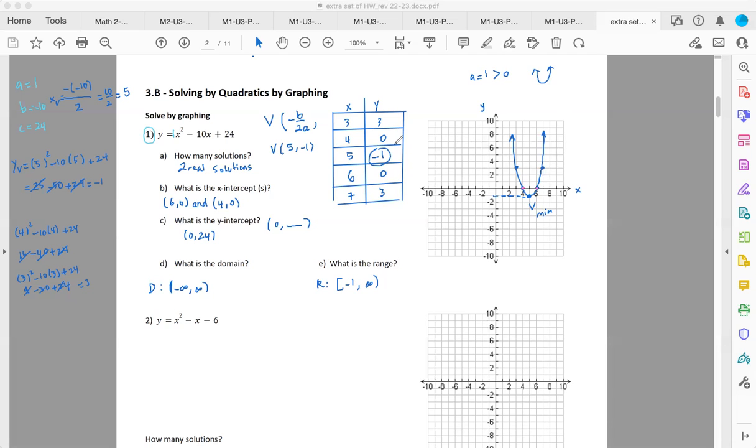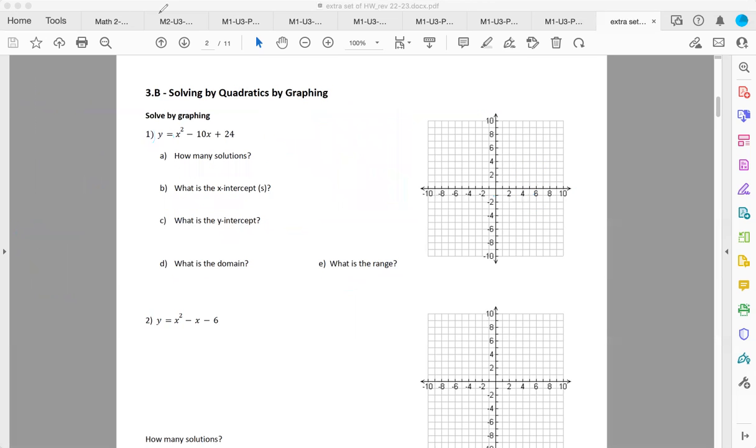So you graph, and notice that it all really revolved around the vertex. The vertex is central to the idea of graphing. So the vertex, then the table of 5 values, the 5 points showing, connecting the graph, and then answering the questions. So remember this. This is part B. Part C,